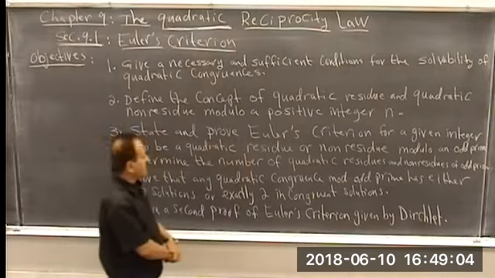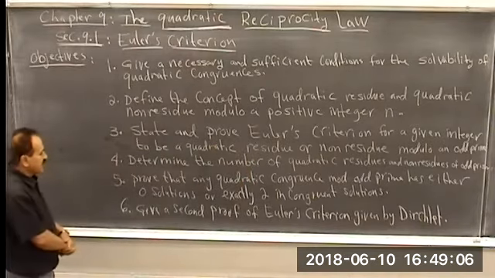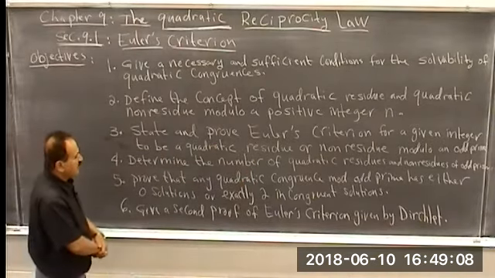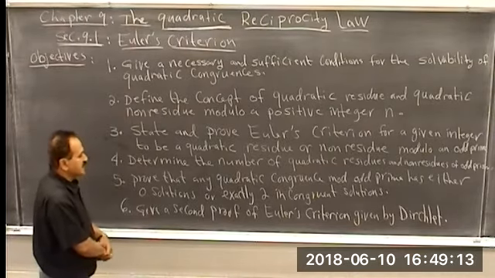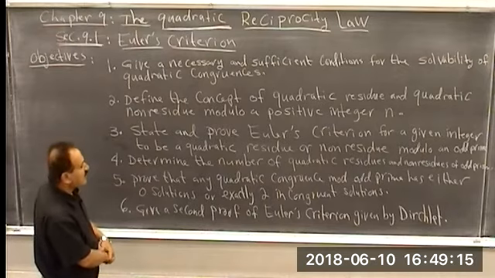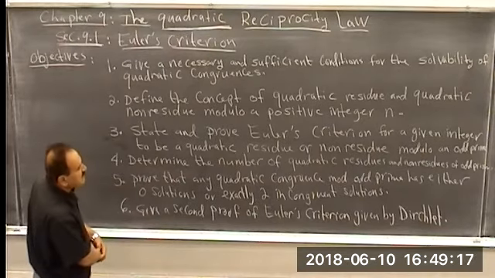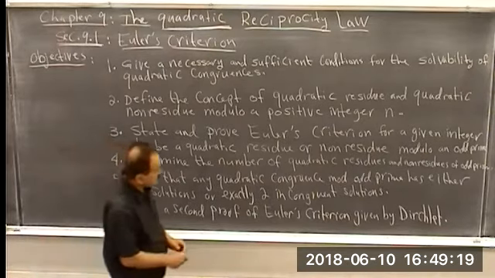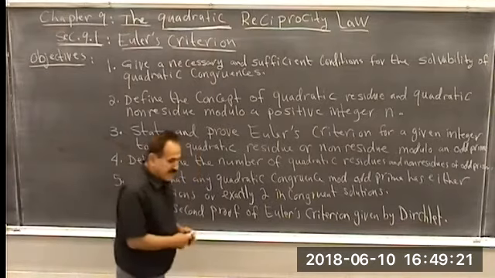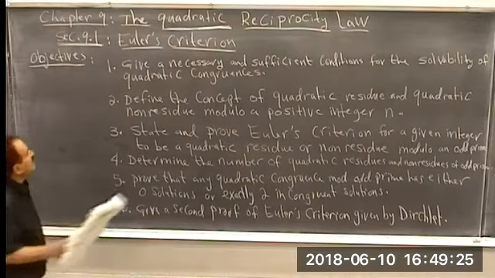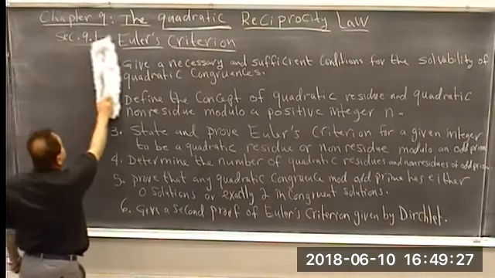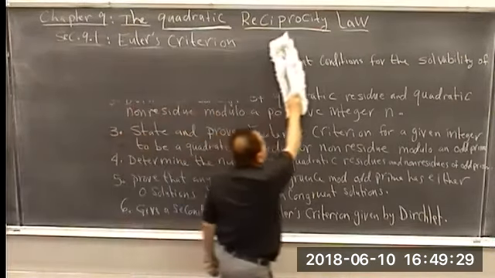Then we're going to give an alternative, a second proof of Euler's criterion, the proof that was given by Burton. It's a little long, but it is actually an interesting proof. Again, it's a very big list. Hopefully, we can go through the whole thing in one lecture. So let me start with